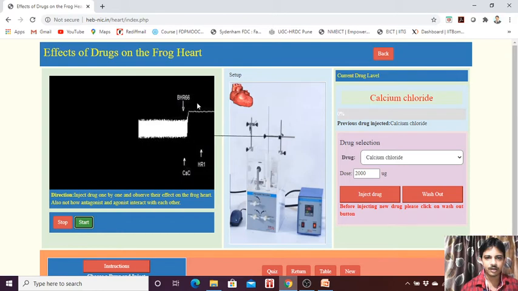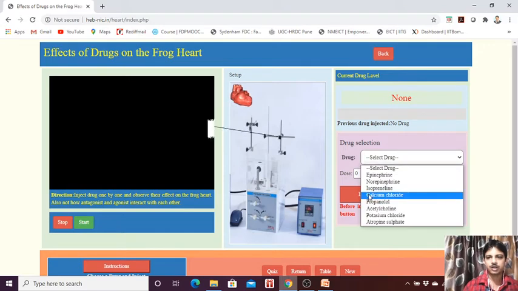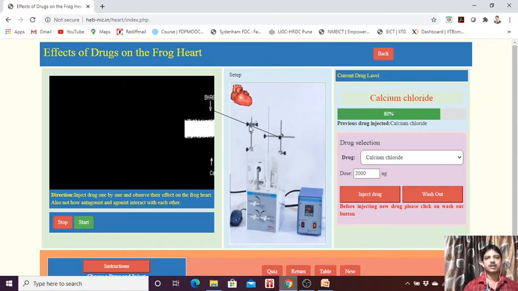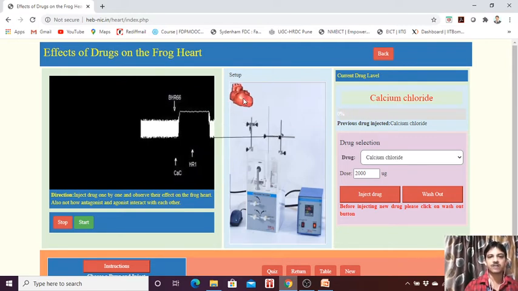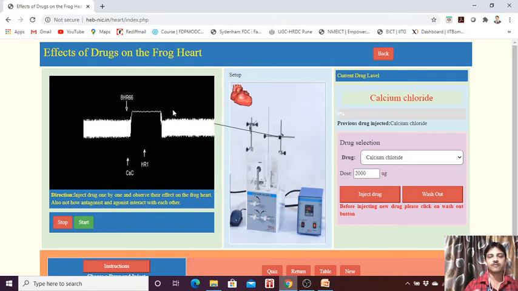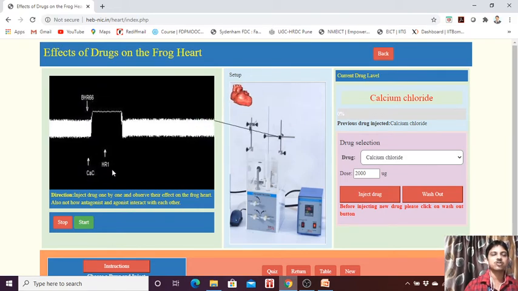Okay, what can you find? I'll show it to you again, just observe. Inject the drug. Why is the heart like that? Because there is a contraction. After contraction the heart is not relaxed, that's why it goes to the upper side. You can observe this side is above. After contraction the heart is not relaxed, so there is a stop in the contraction, and that's why the heart rate is also reduced.